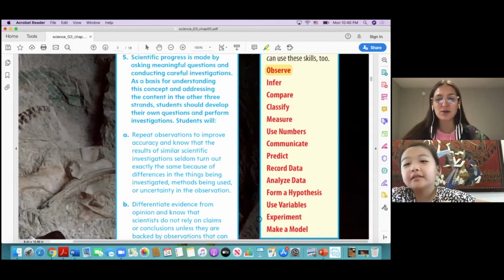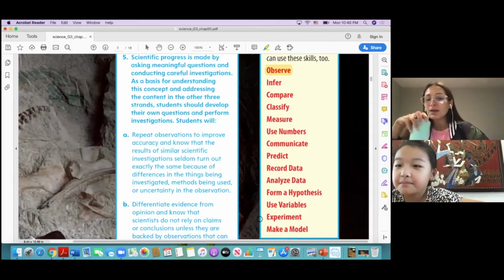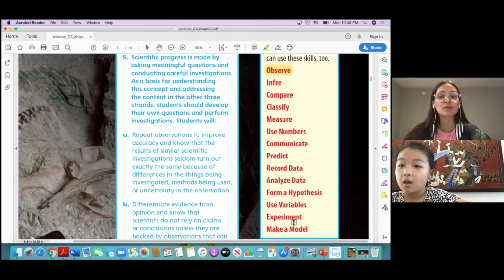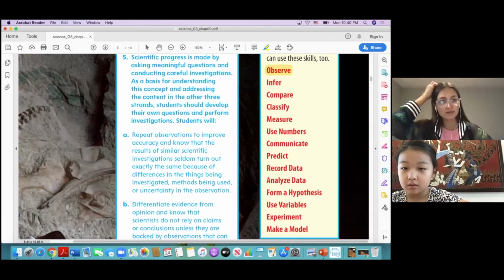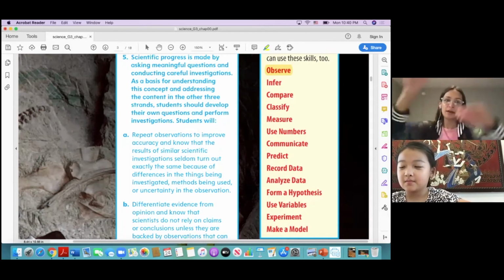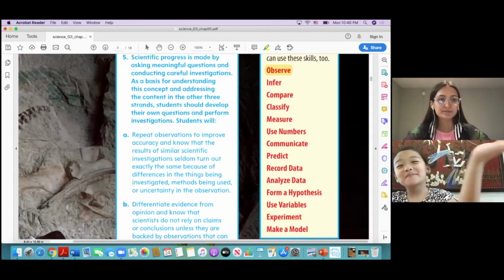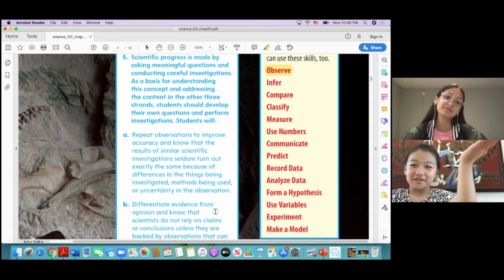Okay, so use experiment and make a model. Experiment. There you go. So it's different from experience. Experiment is when you actually make some type of experiment, you know, like in a lab or something. And experience is like